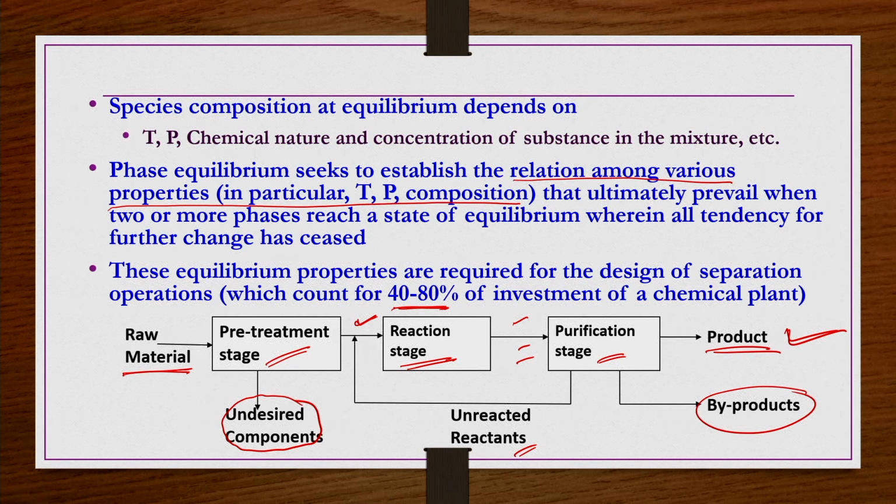So, the flow sheet of a common simple chemical plant indicates how important these separation processes are. Since separation processes are essential in any given plant, it is required to find out the equilibrium composition, if at all there exists equilibrium amongst different phases within the separation units.